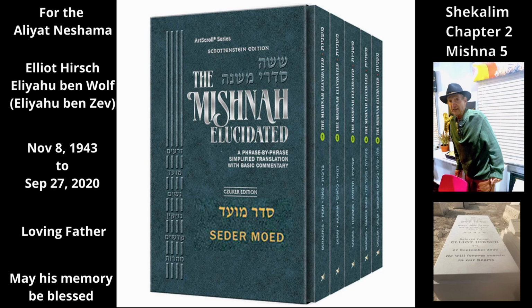This is the general rule. Any money that comes to pay for a chatas offering or an asham offering, its surplus is placed in the temple chest marked voluntary communal offerings. This rule was derived from a verse by Yehoyada, the Kohen Gadol, as the Mishnah in chapter 6, Mishnah 6